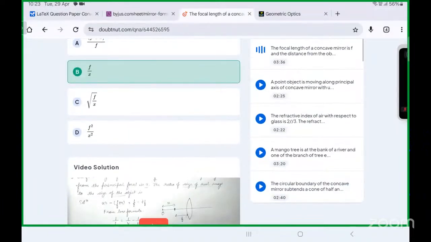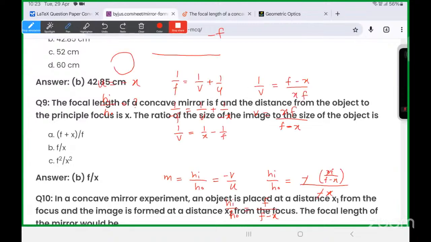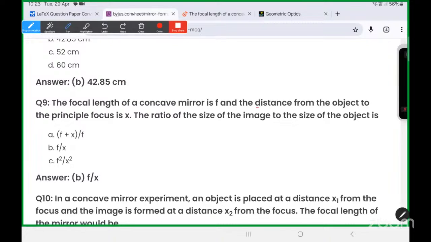एक मिनट, हमने क्वेश्चन सही से पढ़ा गया। डिस्टेंस फ्रॉम द ऑब्जेक्ट टू द प्रिंसिपल फोकस, अच्छा अच्छा। रुको, डिस्टेंस ऑफ द ऑब्जेक्ट नहीं दिया हुआ है बेटा, ये मैंने क्वेश्चन सही से नहीं पढ़ा। डिस्टेंस फ्रॉम द ऑब्जेक्ट टू द प्रिंसिपल फोकस इज एक्स, बात सही है ना। मतलब ऑब्जेक्ट से लेकर के फोकस तक की दूरी एक्स है। आर यू गेटिंग दिस। तो अपने को बेसिकली u माइनस एफ दिया हुआ है, x।